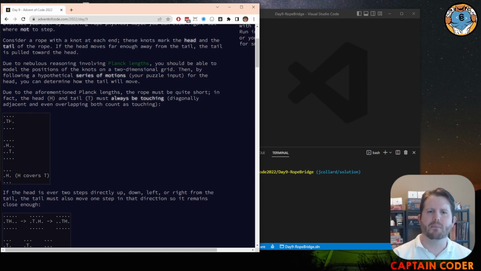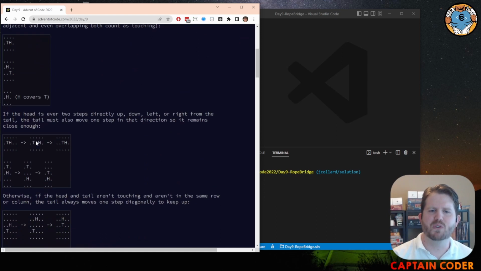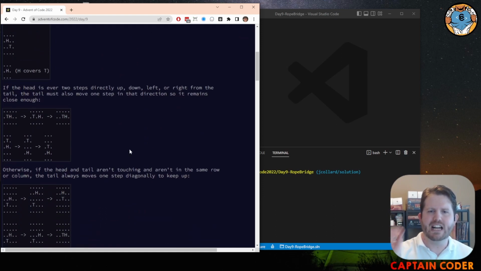If the head moves in a space that is either the same space as the tail or a space that's adjacent, either orthogonally or diagonally, it stays in that position. It doesn't move. If, however, the head moves into a space that is not adjacent to the tail, there are two things it can do. If the head moves orthogonally away, the tail just follows orthogonally next to it. So in this example, if the head moves to the right, the tail follows it, just moving next to it